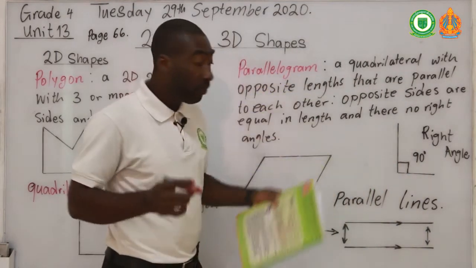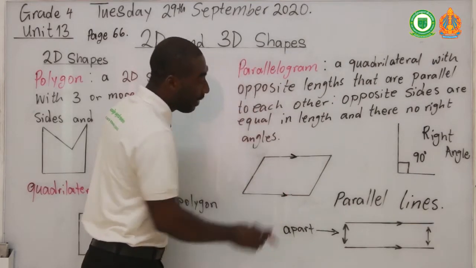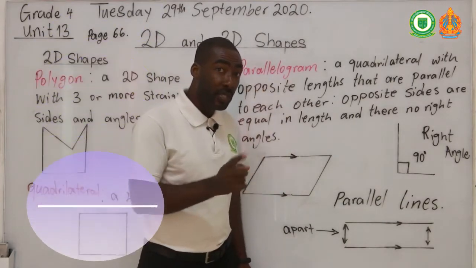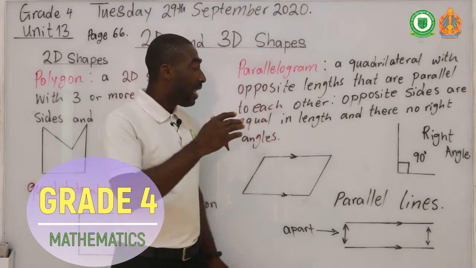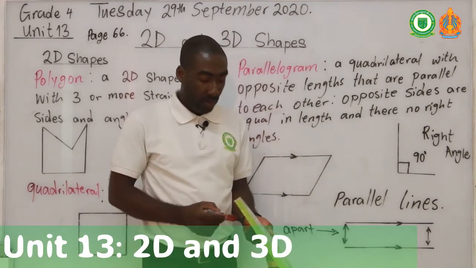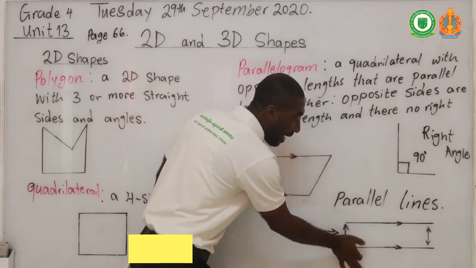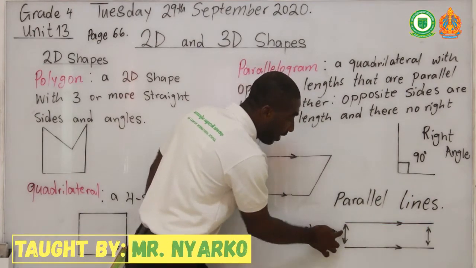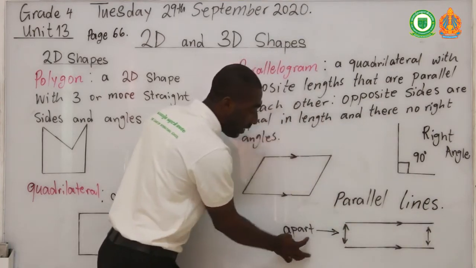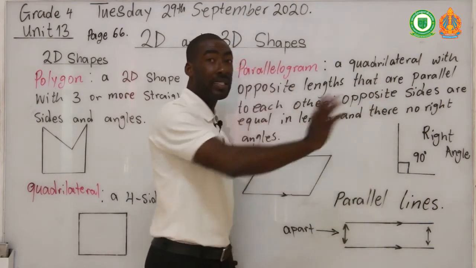Fine. So now, what is a parallel line? Parallel lines are two lines that go in the same direction, opposite to each other with the same distance, but will not meet. So this is an example of parallel lines, okay? There are two lines, this line and that line. So these two lines are parallel lines. The space between here and here is the same. That means they are apart, okay? So we say they are apart by the same distance,